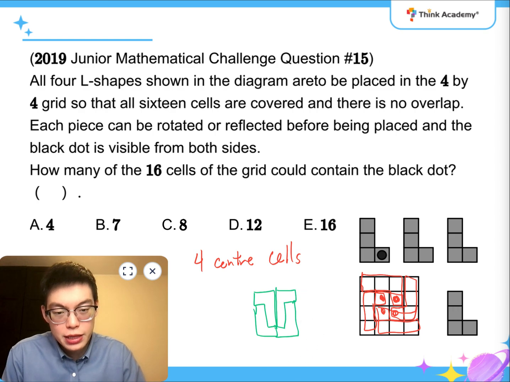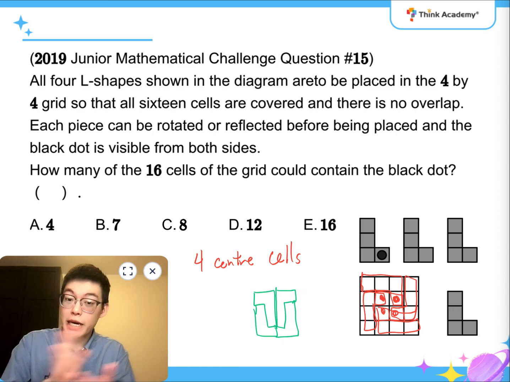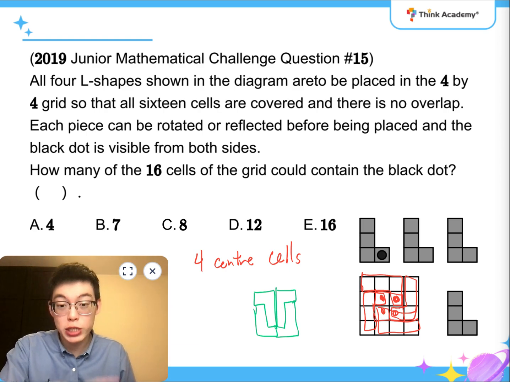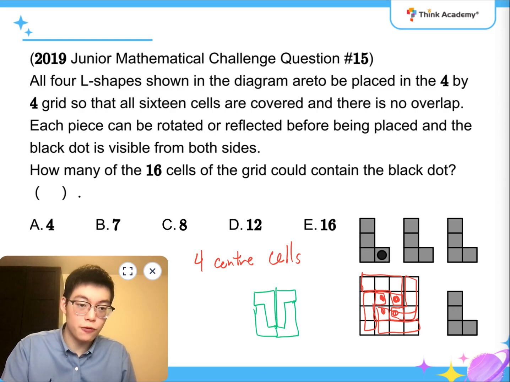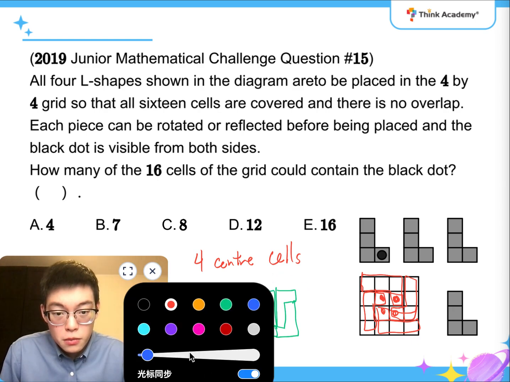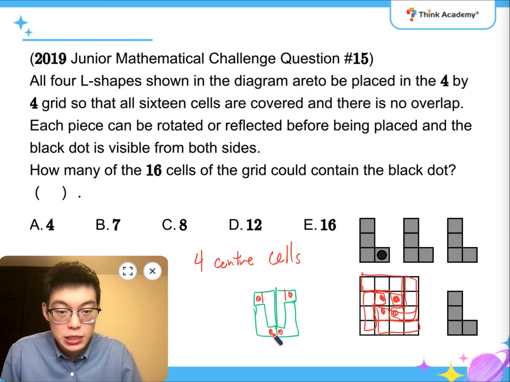And you can see that in the other arrangement, of course, you can rotate it or you can flip it, because we definitely know that a square is rotationally symmetrical of order 4, and it can be reflected as well. So you can see that the black dot is going to be either at the corners or on the sides, right? So altogether we have 8 side cells,